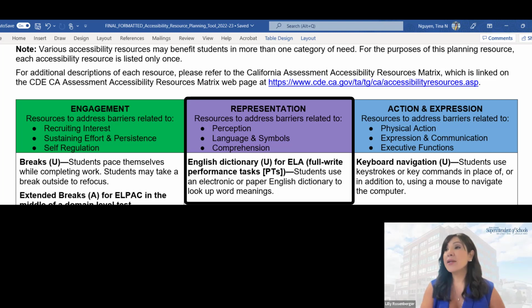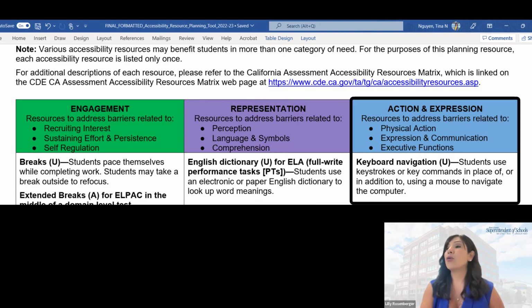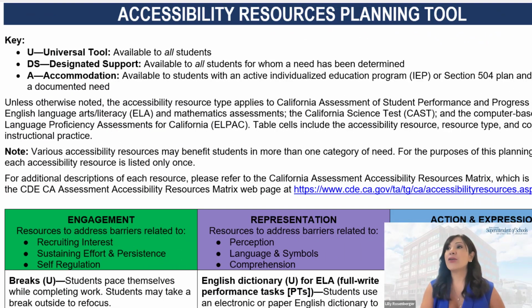The classroom practice would be for students to use an electronic or paper English dictionary to look up word meanings. Same idea with the area of action and expression. You'll see some resources that would support student need. So really, your educators can use this as a menu of options when helping to identify which accessibility resources would be appropriate to support student needs.